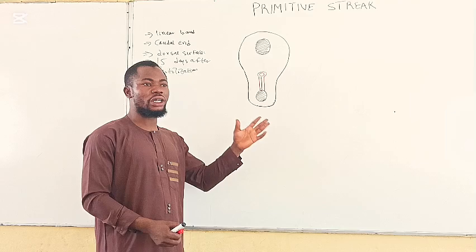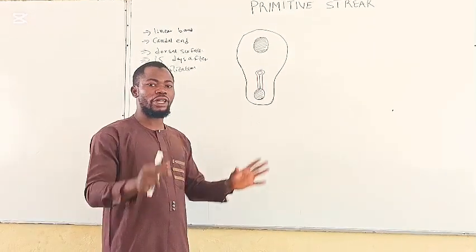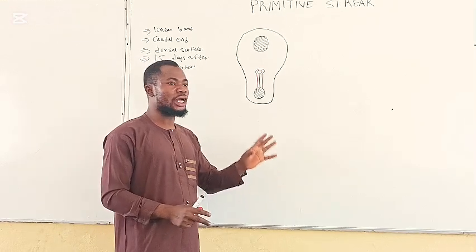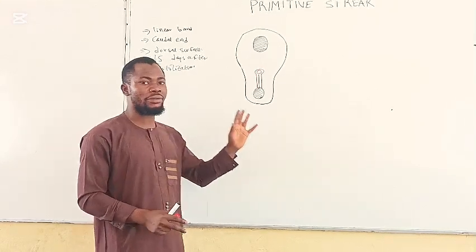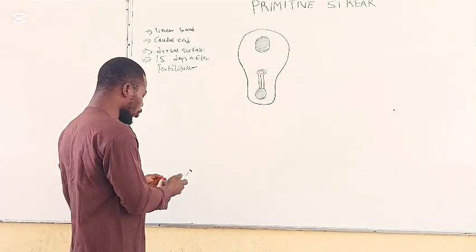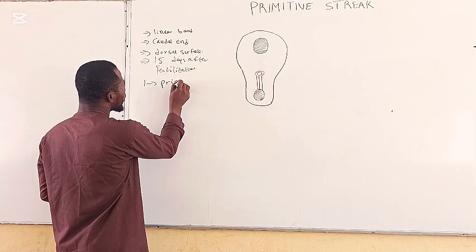At the beginning of the third week of development, the cells of the epiblast begin to proliferate and migrate. As a result, this leads to the formation of the primitive streak at the caudal end. The features of the primitive streak also include: